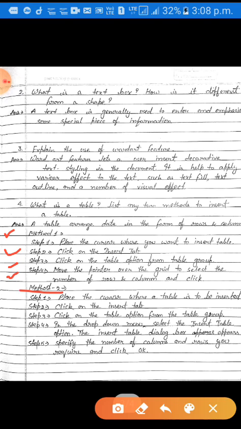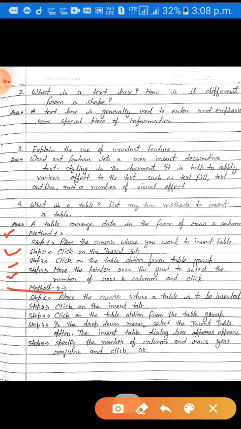And dear students, method 2: step 1, place the cursor where a table is to be inserted. Step 2, click on the Insert tab. Step 3, click on the Table option from the Table group. Step 4, in the drop-down menu, select the Insert Table option.